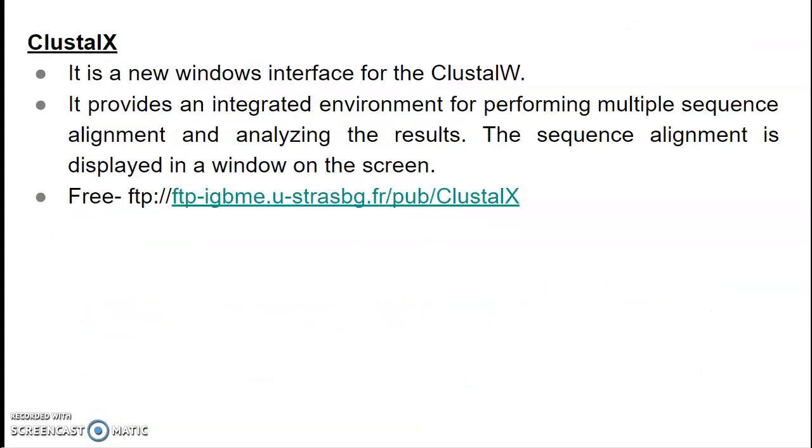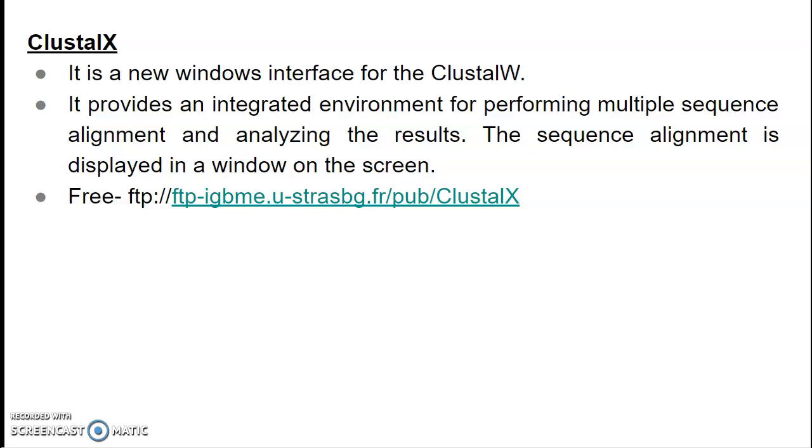At http://www.ebi.ac.uk/clustal-w. And the last one is the second type of program of the Clustal packages, Clustal X, and it gives a window interface. That is, it is comparatively a new interface compared to Clustal W. Clustal X is a new version of Clustal W, and it provides an integrated environment for performing multiple sequence alignment and analyzing the result.